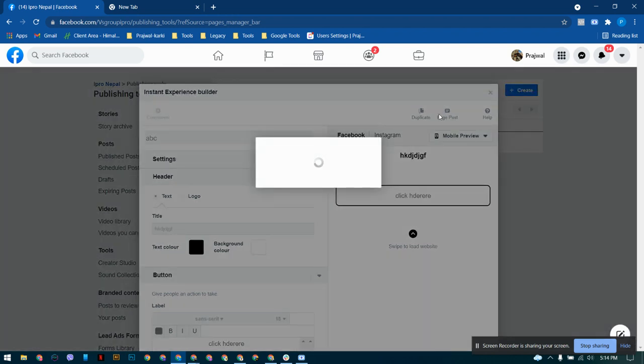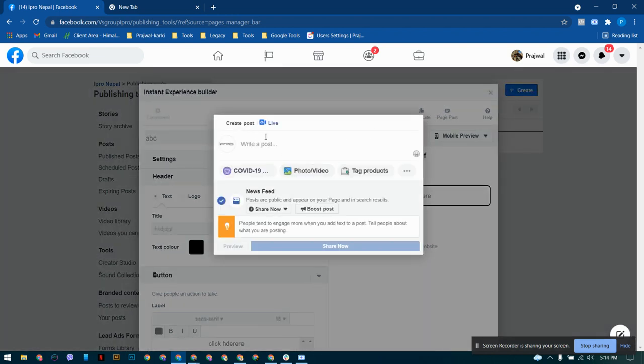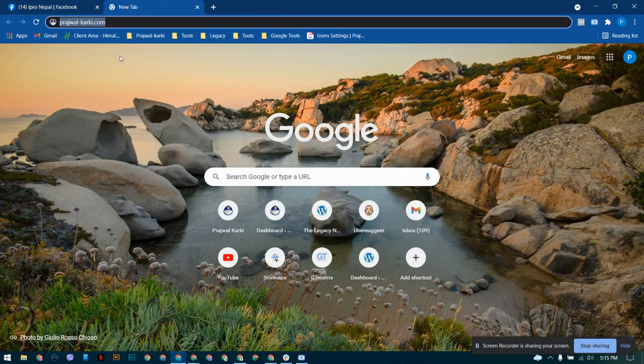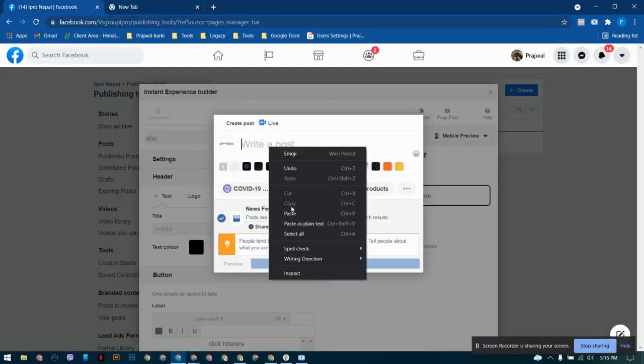Just click on page post, and then finally we will be able to load our post creation tool, which was there on Facebook a few years back. But now this update is gone, and this is the only option at the moment to make a carousel post on Facebook. Now, first of all, we simply cannot put in any photos or videos in carousel format. So what you need to do is copy your link randomly. Just copy any link you want to, and then paste.